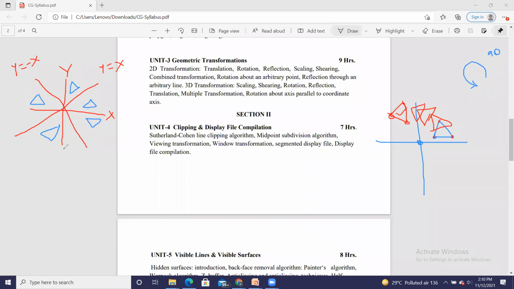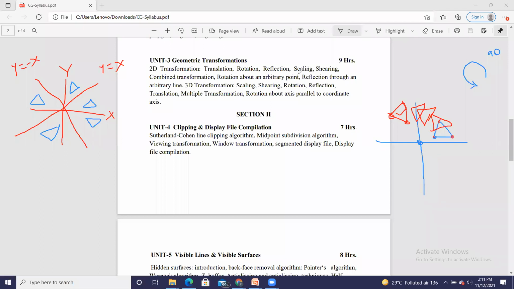So this is how the reflection takes place for 2D as well as 3D images. In 3D, we have reflection only with respect to 3 axes, x, y, and z. So that is about the reflection property.